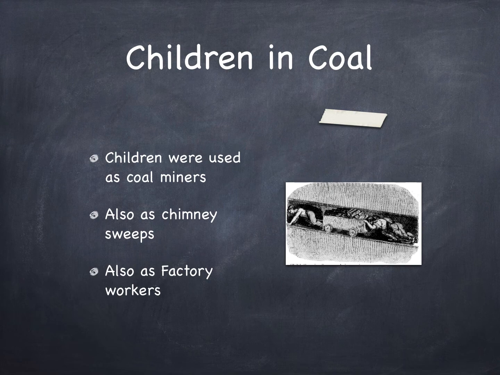And a lot of them would, obviously, these are small children, slip, fall, injure themselves, die. They were also used as factory workers, poor children. They had these horrible upbringings and lives, and it really shortened their lives. If you're a coal miner from the age of 5 or 6, by the time you're 24 or 25, you've got black lung and you're close to death. So it was not a great life if you were not wealthy in England in this time period.